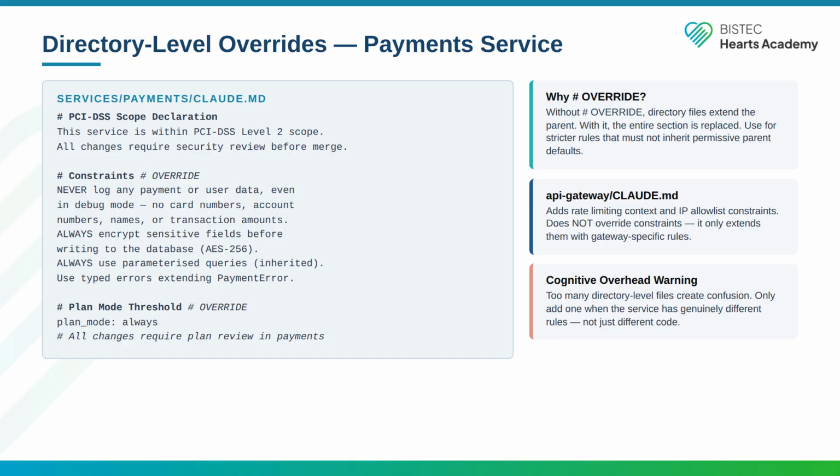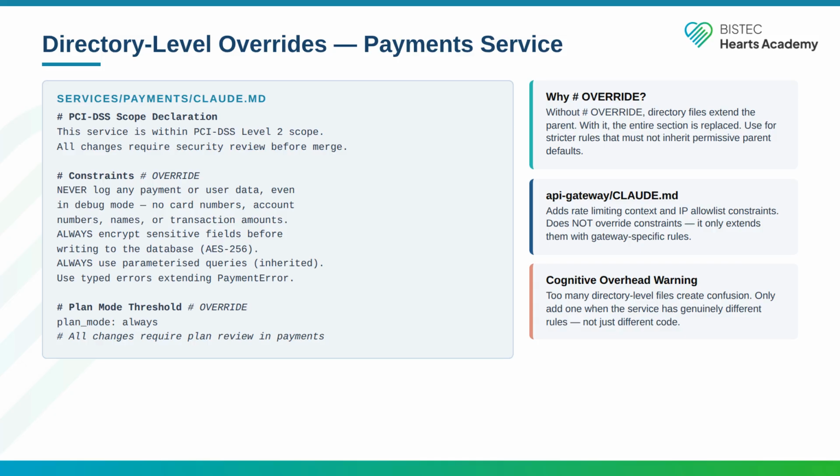First, the constraints override marker replaces the root constraints section entirely for this directory. This is a deliberate security decision. The payment service must not inherit any accidental permissiveness from the root file. The override establishes a complete set of payment-specific rules. Never log any payment or user data, even in debug mode. Always encrypt sensitive fields before writing to the database with AES-256,